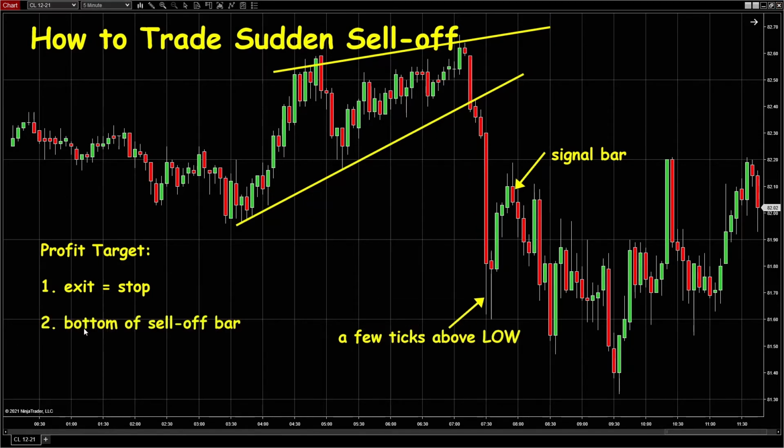The second option is, like I said before, the market will probably go down to test this low again. So you can put your target at the bottom, or maybe around the low of this sell-off bar. You can see the next bar tries to break the low of this, but it failed. That means this will probably be tested again. However, normally you don't put your target exactly at the bottom here. You need to have a few ticks above the low